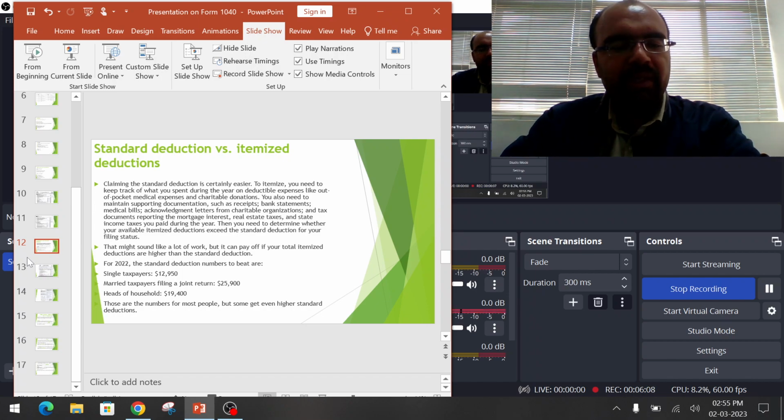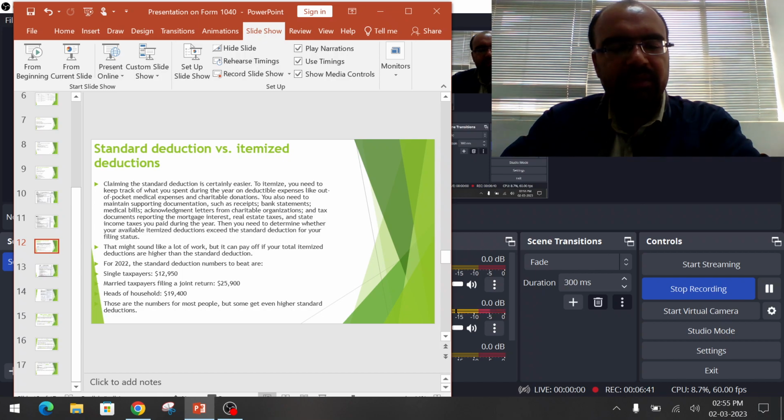You also need to maintain supporting documentation such as receipts, bank statements, medical bills, acknowledgement letters from charitable organizations, and tax documents reporting the mortgage interest, real estate taxes, and state income taxes you pay during the year. Then you need to determine whether your available itemized deductions exceed the standard deduction for your filing status. That might sound like a lot of work, but it can pay off if your total itemized deductions are higher